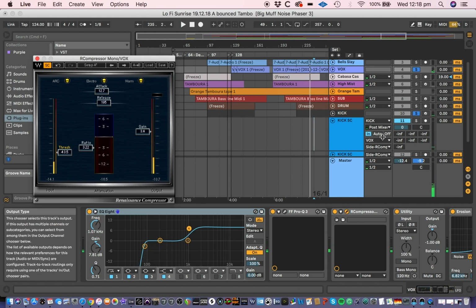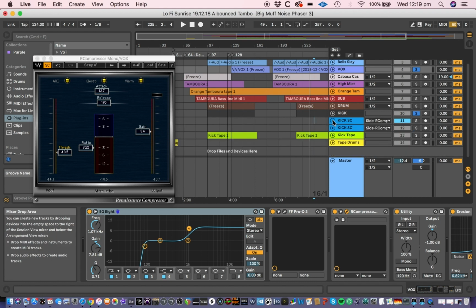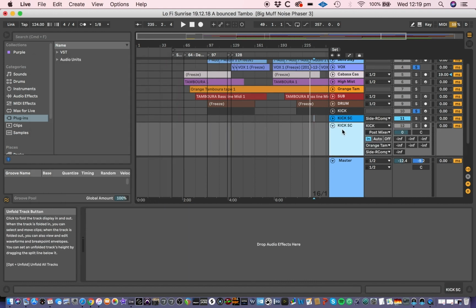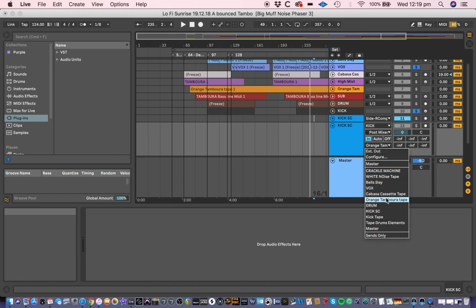Okay, that is all well and good, but if I want to sidechain another element within the track, another track, this is where it becomes slightly irritating within Ableton. So I have to repeat this process, setting up another audio channel. I've called it kick sidechain as well, and I've taken the input from the kick once again, basically mirrored the same process. I've turned this channel to input mode, and this time I have sent it to the orange tambora